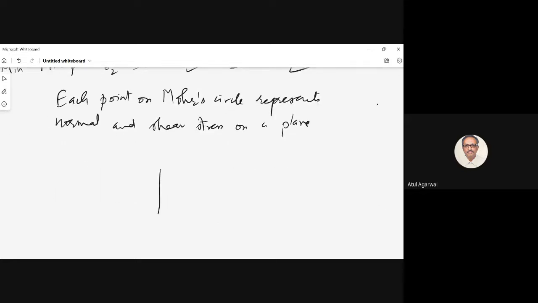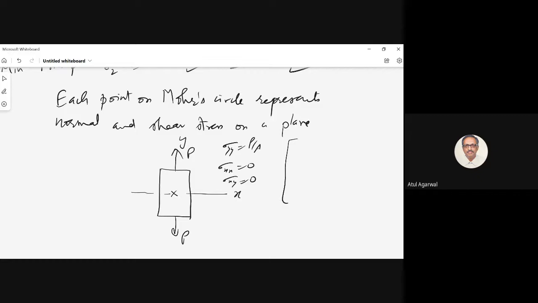You see, we did this problem. Then we said we want to find stresses on this point. Then we said we can find stresses: sigma yy we said was equal to P by A. This is what we said. And we said that sigma xx is 0, sigma xy is 0. All that we had done earlier. So I cannot do everything again and again. Time is short. So these were the stress tensor.